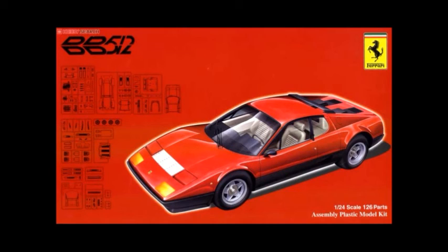version of the 512. It came with a different front fascia, not so much above the fenders, but below, but basically the bumper, where the 512 had hidden fog lights. The fog lights are exposed in the BBI. It has a slightly different rear fascia as well. And the primary thing in this model kit, as far as what you can see about it, is the fact that it has the intake and